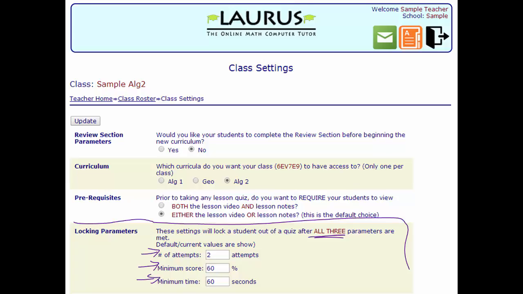What you want to do is set one of those to an impossibility. So the easiest one to do, you could set your attempts to like 20,000. A student is not going to take a quiz 20,000 times, so they will never get locked. Easiest thing to do is change this minimum time. Just change it to 1. If it's 1 second, a student cannot submit a quiz that quickly. So if you change this 60 seconds to 1, it's that simple. They can't submit it that quickly, so therefore all 3 parameters will never be met,